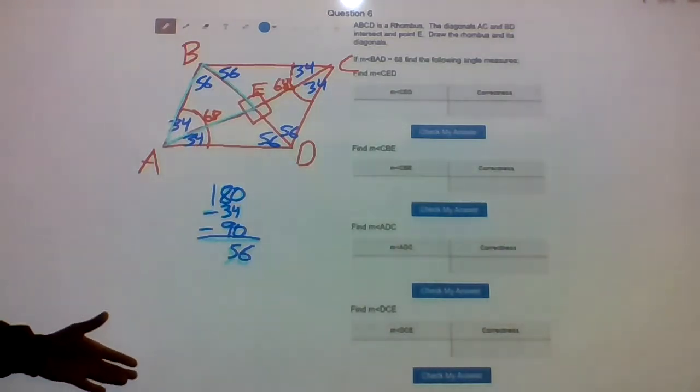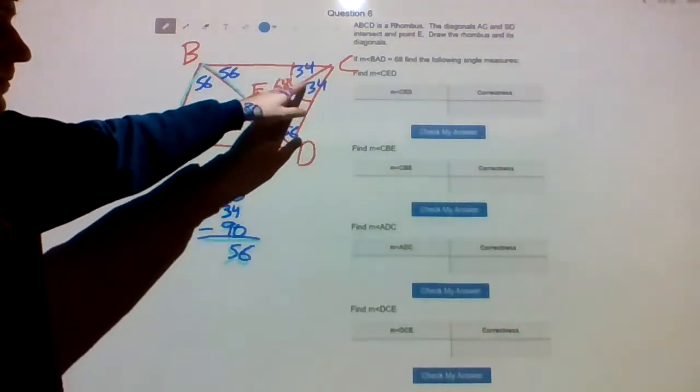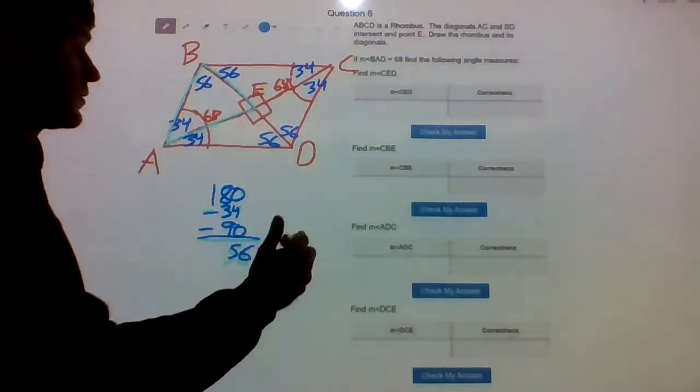From there, we just need to fill in the angles here. Measure of angle CED, that's 90 degrees here. So this one,